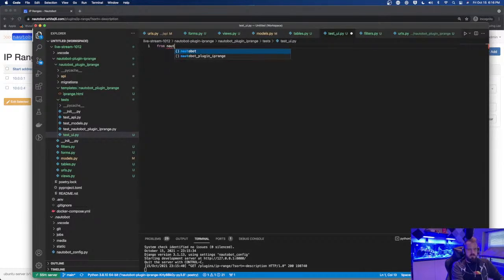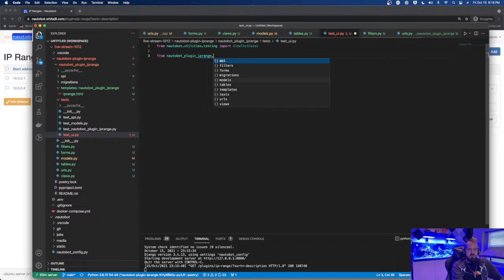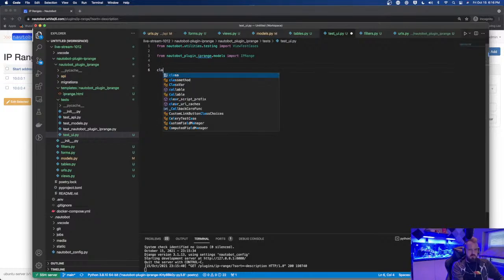So from Nautobot.utilities.testing import view test cases, and from Nautobot plugin IP range dot models, import IP range. And then let's go ahead and do our class of IP range